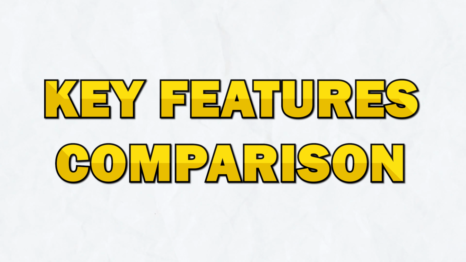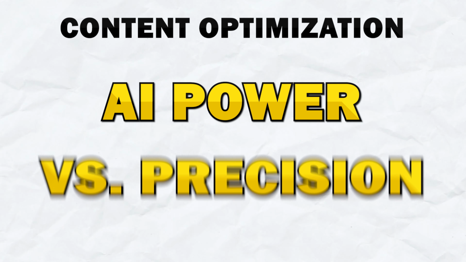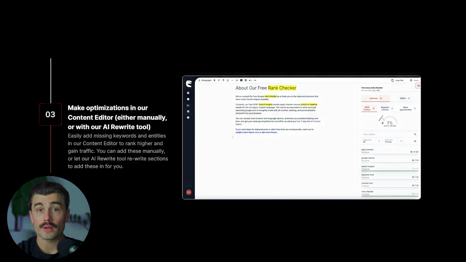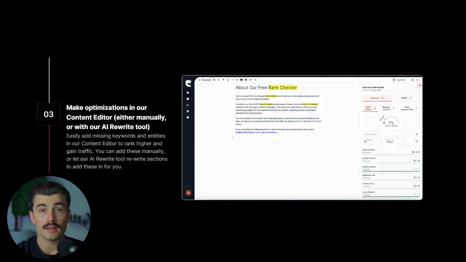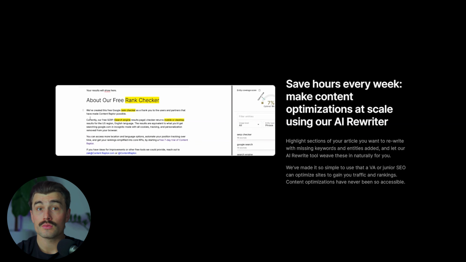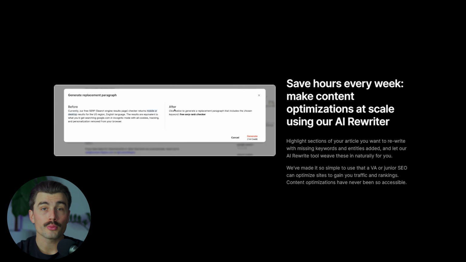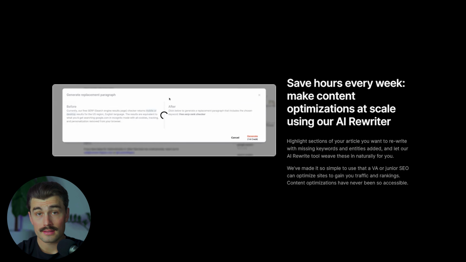Key features comparison: content optimization, AI power versus precision. Optimized content is the backbone of effective SEO. Here's how these two tools tackle it. Content Raptor uses an AI rewrite tool to simplify content optimization. With Content Raptor, you simply highlight the section that you want to improve, and then the AI rewrites it seamlessly,